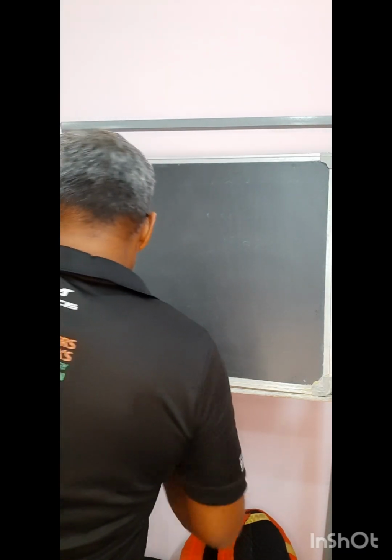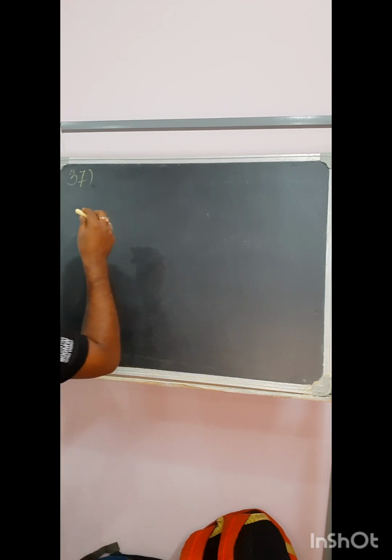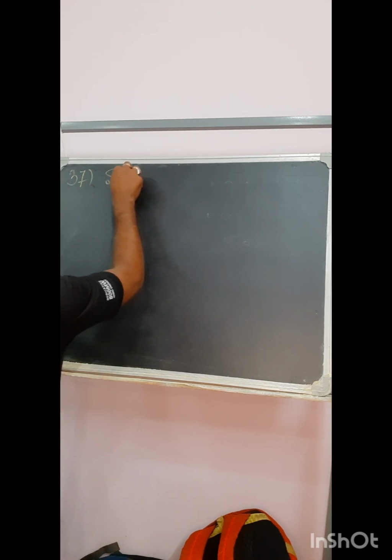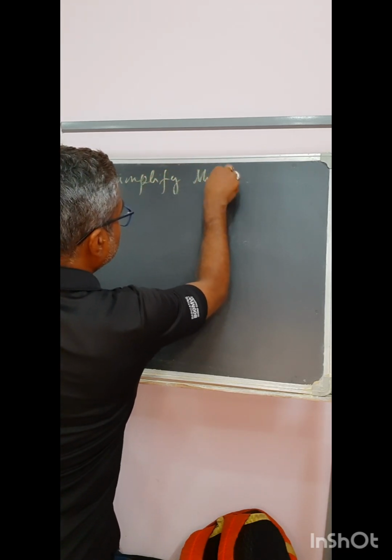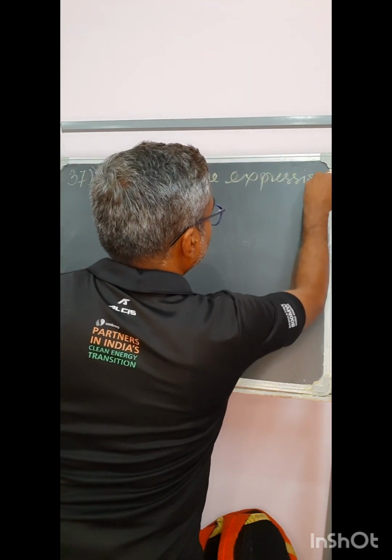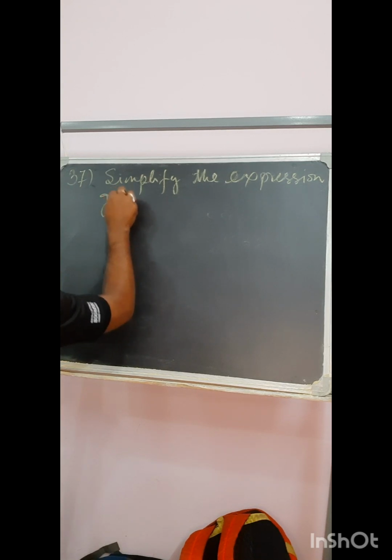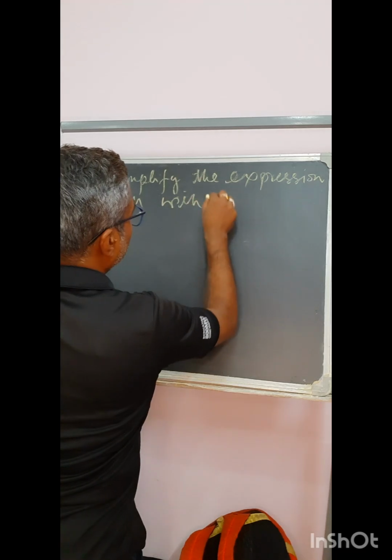In the last video, I explained problem 36. Now onwards, I will move on to 37 on number sums. So 37 says, simplify the expression given with the help of